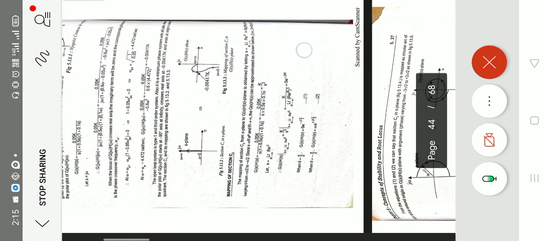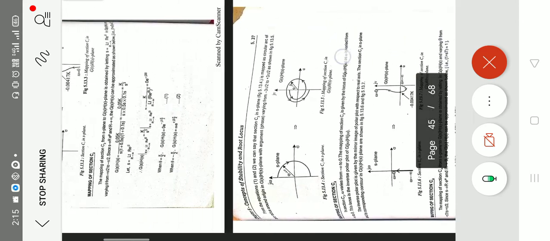Okay, time is over. We can discuss the Nyquist plot problems in the next class. We require some time for the Nyquist plot problems, so I will discuss them in the next class. This is the last topic in your third unit, the Nyquist plot. In the third unit there are only three topics: Bode plot, polar plot and Nyquist plot. Among these three, in the compulsory 2 questions, most probably the Bode plot or Nyquist plot is given.